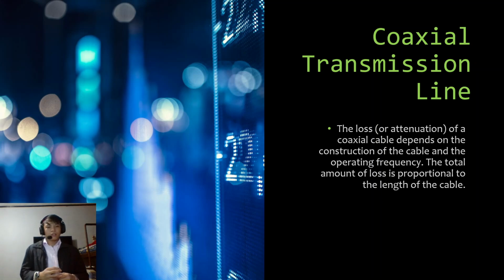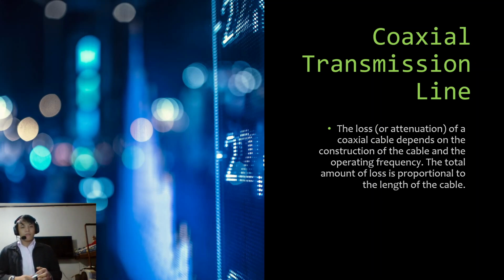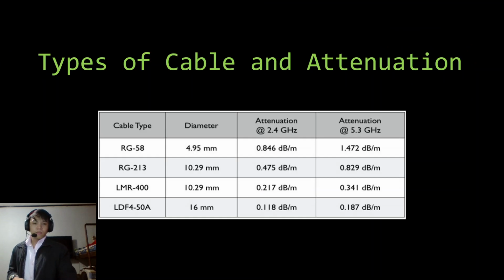So the loss, or the attenuation, of a coaxial cable depends on the construction of the cable and the operating frequency. The total amount of loss is proportional to the length of the cable. So these are the types of cable and attenuation. So as we can see here,